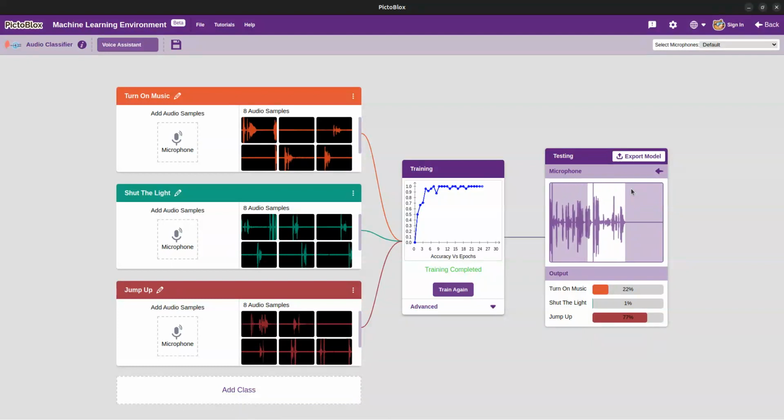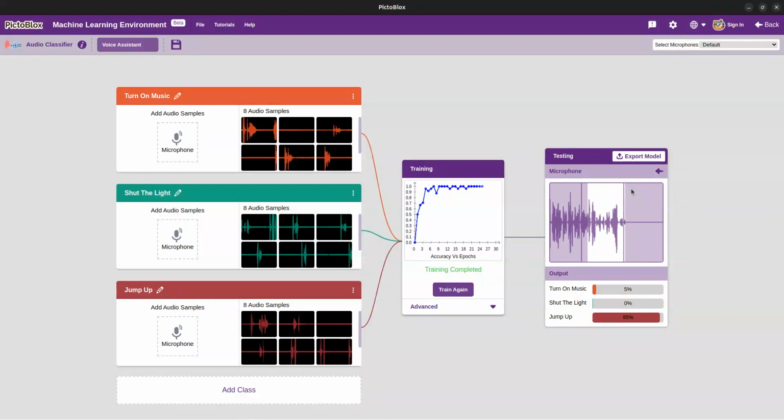All right. So what I'm going to do now is I'm going to export this model so that we can actually use it to build a real voice assistant. So we have trained our model. Remember, I said training of a model is preparing our AI, giving it all it has to do, teaching it. That's what we call training of models. So we are teaching our AI to be able to know when someone says turn on music, shut the light, and jump up. So you are preparing the AI with data and information that it will use to